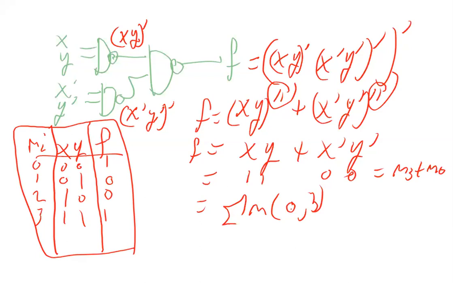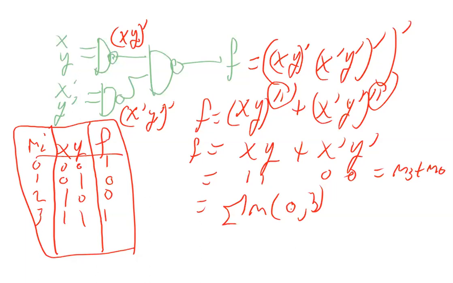So we can start with a circuit. We can obtain an algebraic expression. We can simplify using regular theorems. And then we used a mapping between the variables and their binary representations to obtain the indices for the shorthand notation. Once we had shorthand notation, it was relatively simple to,